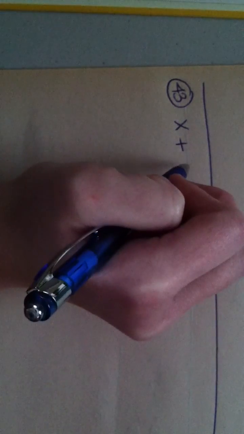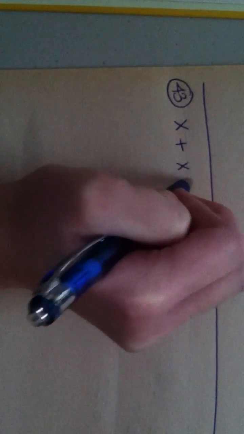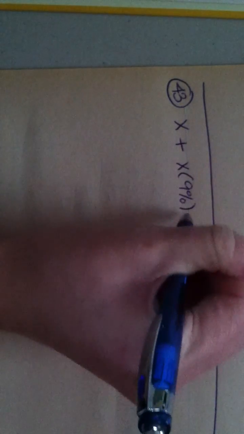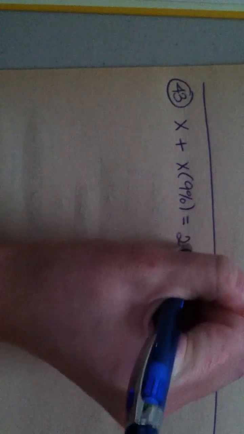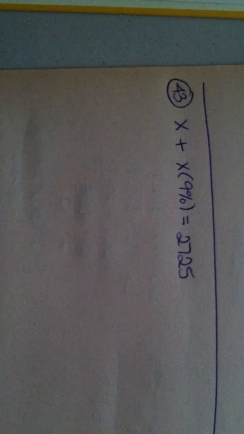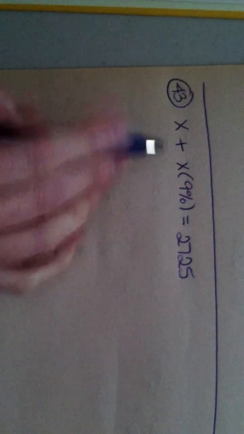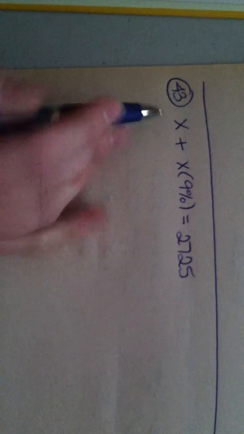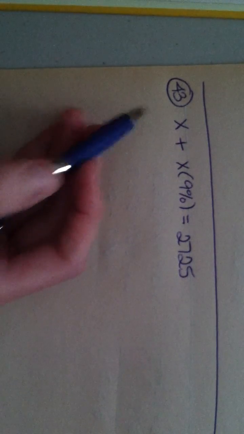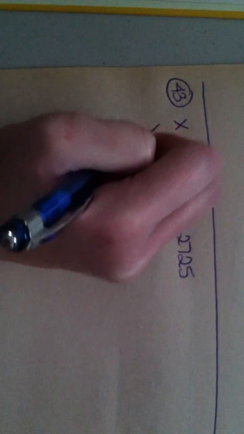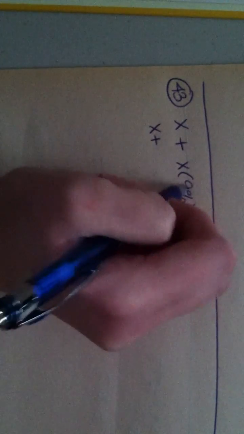Sales tax would be that amount times the actual sales tax rate. When you add those two values together, you get the total, which is in the question, total sales of $2,725. This is the part we're solving for. What is the sales tax? But we can't find sales tax if we don't know total sales. So let's rewrite this problem. It's really going to be x plus 9% of x